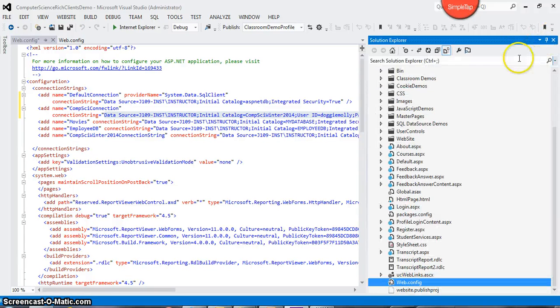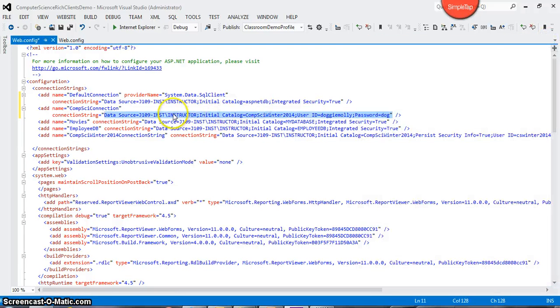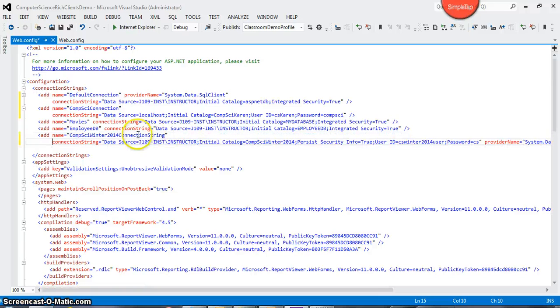And then I'm going to go into my web config, and any place where I'm connecting to that CompSci database, so actually I'm connecting two places. Here, I'm going to replace that connection string, and I'm going to replace the asterisks with my password because it's being very secretive and not showing me the password. And then there happens to be another CompSci connection here that I'm using probably for SQL data sources. And I'm going to just copy that same connection string right in here with my password